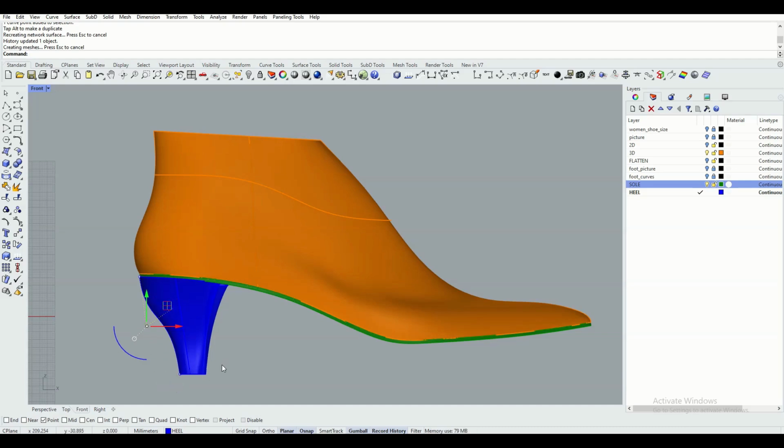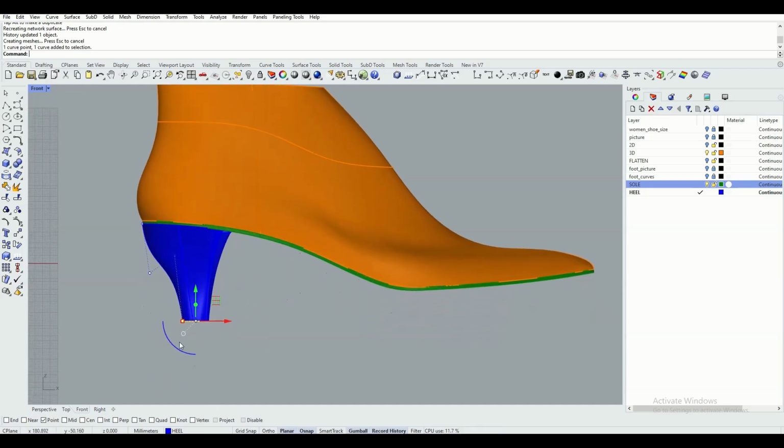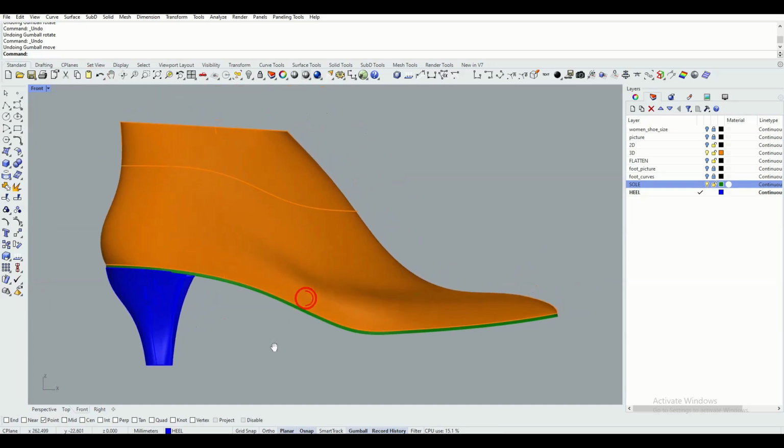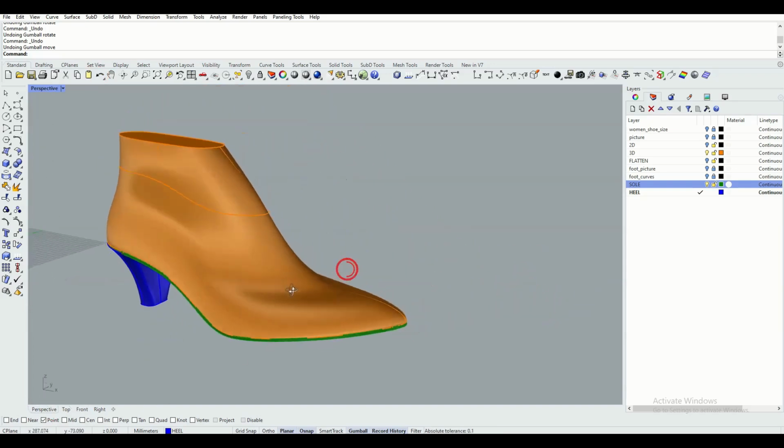We can also select an entire curve and for instance we can rotate it if needed. We can check if everything is looking fine. It seems to be.